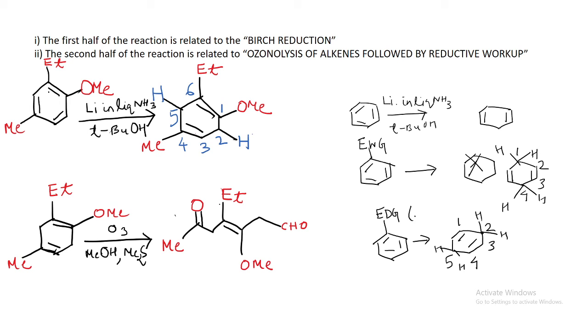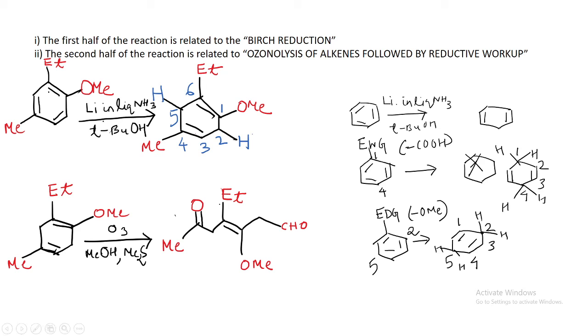So electron donating group can be OMe, or electron withdrawing group can be COOH. If there is an electron withdrawing group, then addition of proton will take place in the position 1 and position 4, and if there is an electron donating group, then addition of the protons will take place in the ortho position or the 2 position to the electron donating group, and in the 5 position.